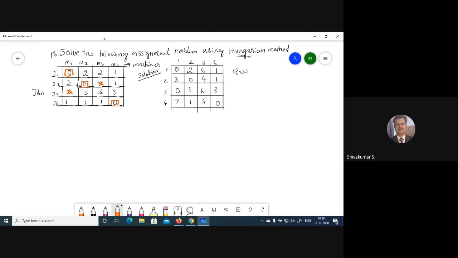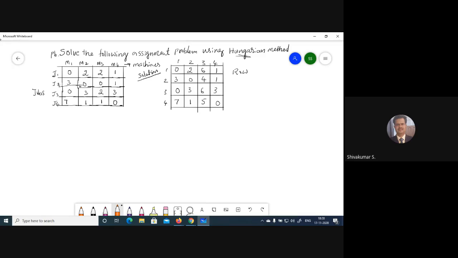So now here, J1 is done on machine 1, J2 on machine 2, and J3 is unable to get an assignment because you have the values 3, 2, 3 and there is no zero here. J4 you have this one, so J3 is not done. Now what you have to do is draw the lines. You have to draw one more table. Don't do it like me, because I can do it, you can start. Now you have to draw the minimum